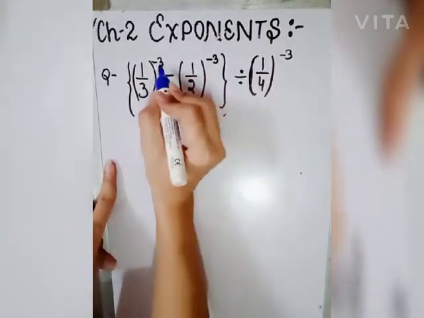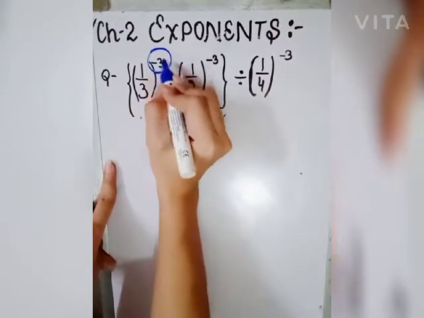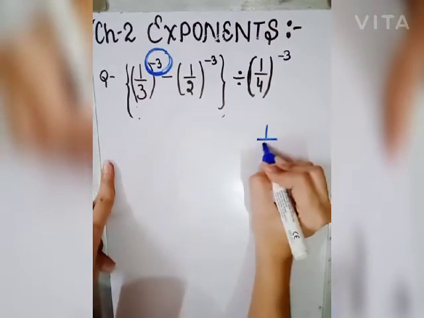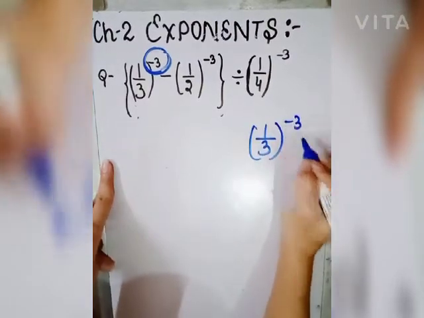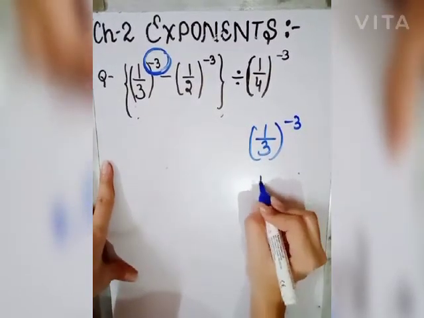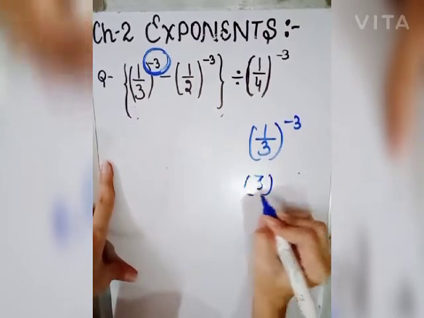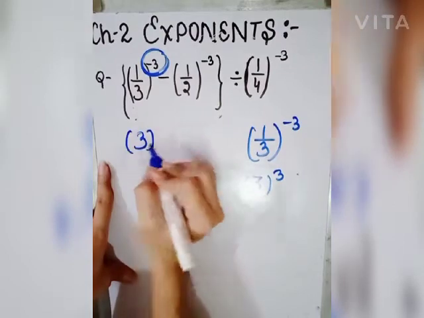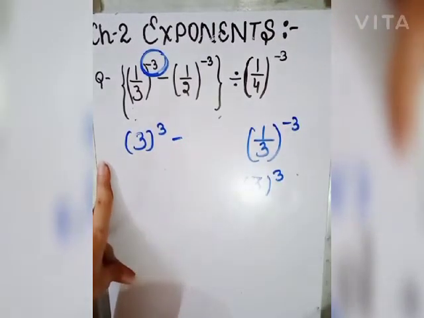What you have to do first is change this negative integer into the positive. And how do we change the power? This is the negative power. We change it into positive by doing the reciprocal of it. So here just do the reciprocal of these numbers.